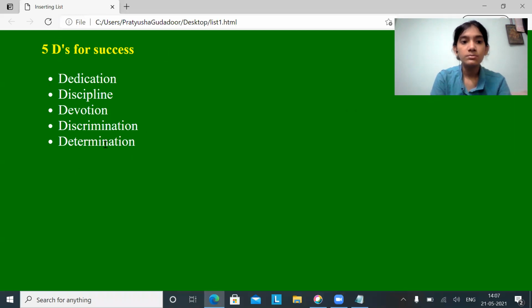So this is how it got displayed. 5 Ds for success: dedication, discipline, devotion, discrimination. So as you can see here, the bulleted points are, by default, circle. Okay. So basically HTML will support 3 types of bulleted points. One is the circle, one more is square, and one more is disc. Okay. So any of the 3 you can do it, but by default, suppose you don't specify the type,